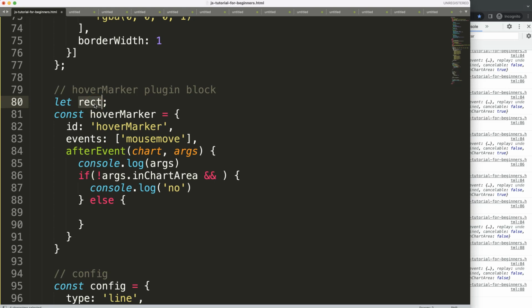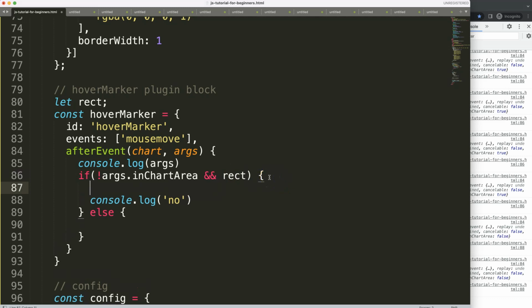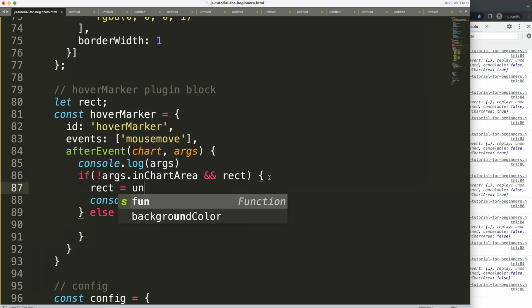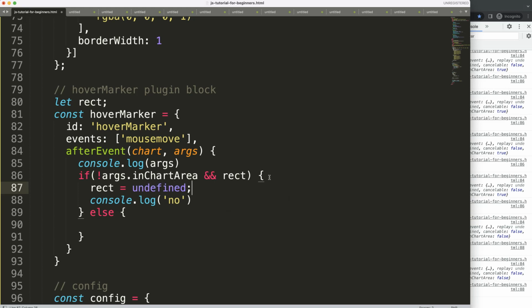here this is the rectangle that we want to assign a value to, or we have a rectangle but we have no value to it, or if there would be any value, we must remove that value from it, so it will disappear again. So what I'm going to do here, enter, and then I'm going to say here the rectangle will be equal to undefined, meaning it will just disappear from the canvas, because we have to make sure when we're out of the canvas or out of the chart area, then at that moment the rectangle needs to